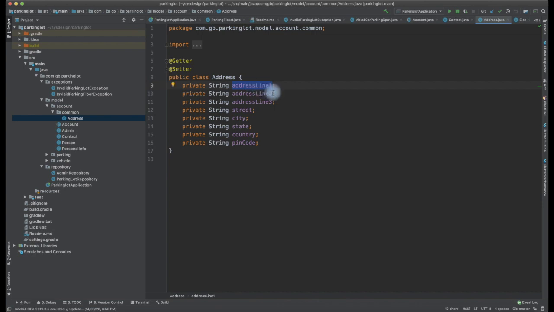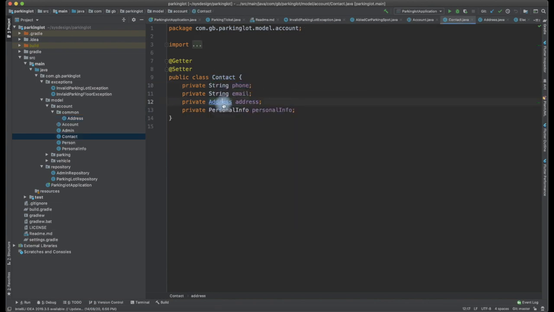Address line 1, line 2, and line 3, then street, city, state or province, however we may name it, and the country, and the pin code. The pin code can be changed to a zip code or whatever it is based on the country's naming convention, but this is how I have come up with it, and most likely this model would serve any country.